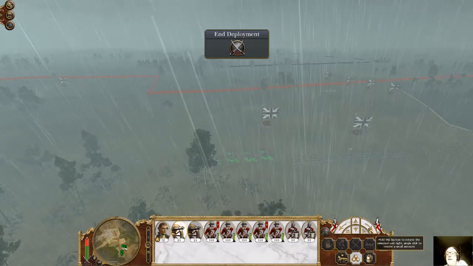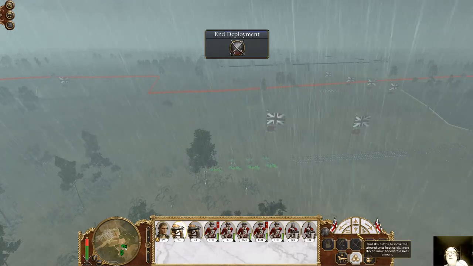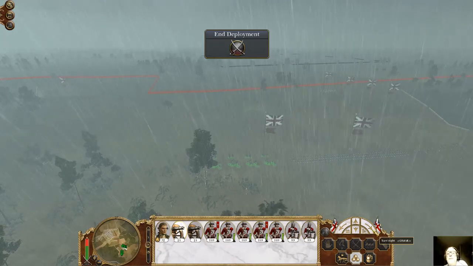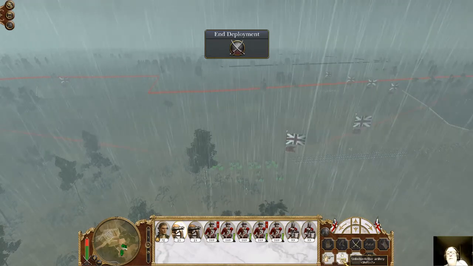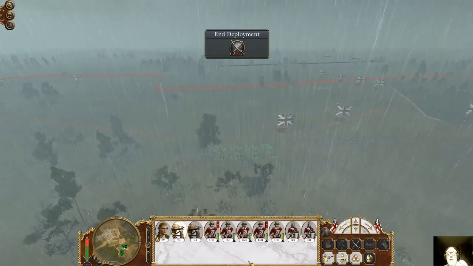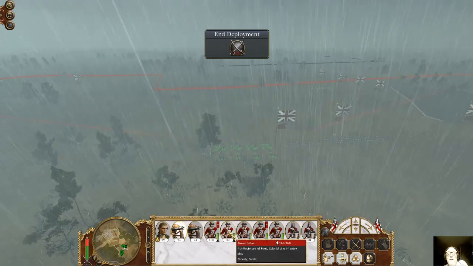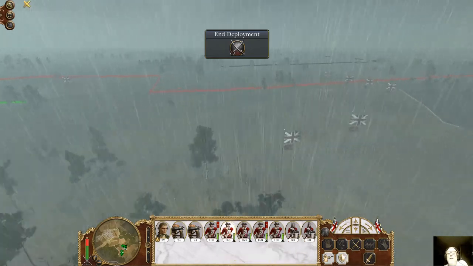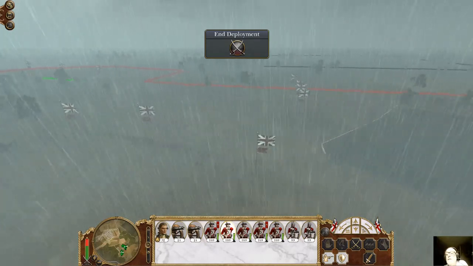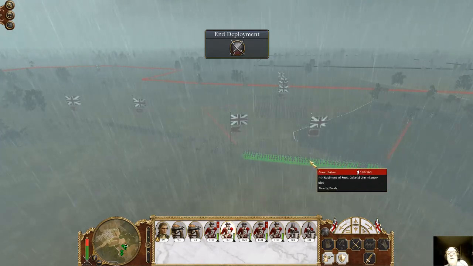It's rather handy, these buttons at the side. You can change the orientation of the troops and move them forwards and backwards. And then we'll unlimber the cannon again. And then we have another unit of foot, which we will place here,